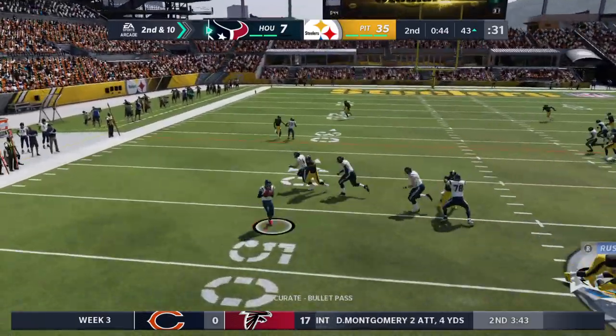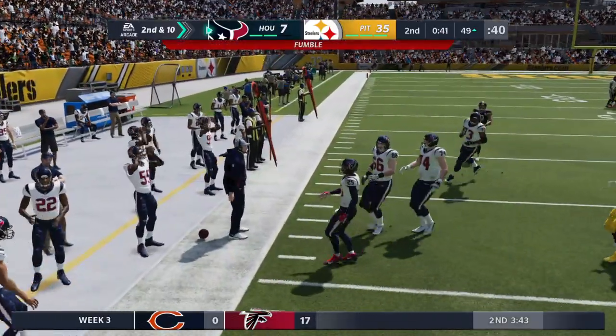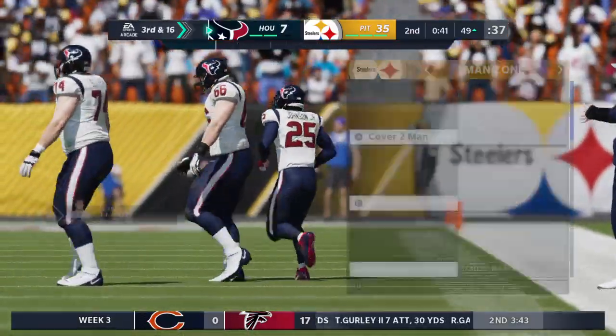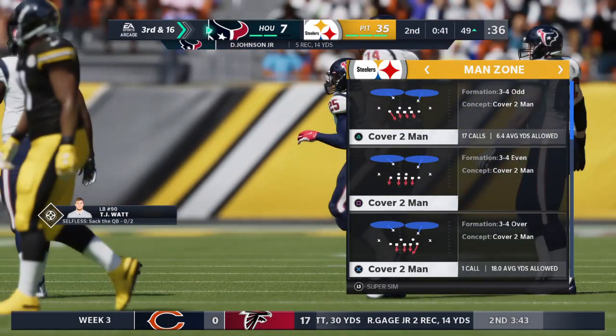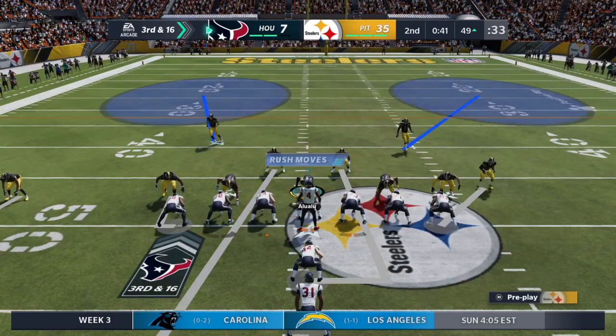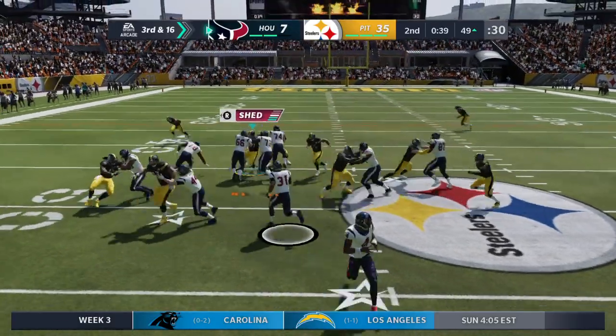Throwing again is Watson. Screen play, Johnson. Johnson, oh, it's poked free. Football's out. But this will fortunately wind up out of bounds. That's the second time this half they put it on the carpet. Now, the first one they lost. Good news here, it doesn't cost them. They do say that things even out in the course of...